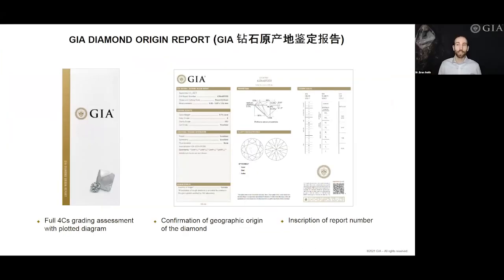The result is the GIA diamond origin report. It has the full 4Cs grading and plotted diagram, but it comes with a clear